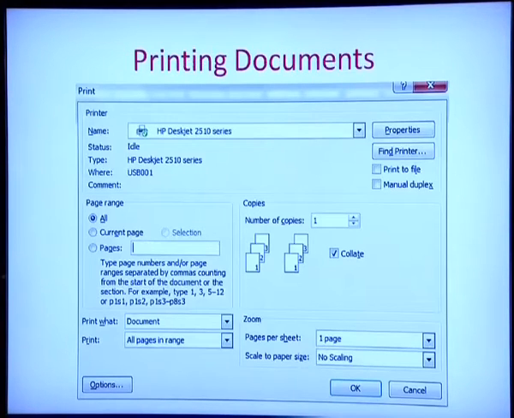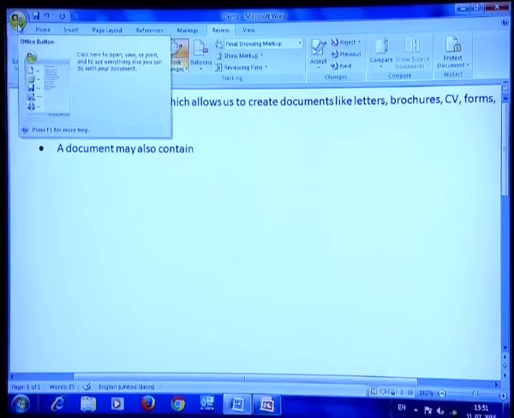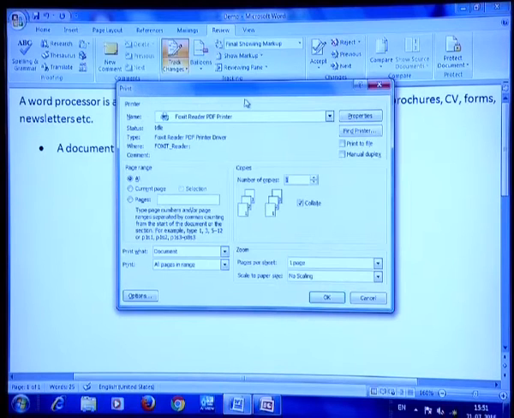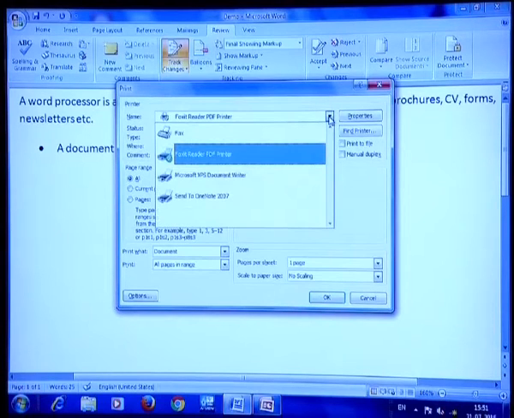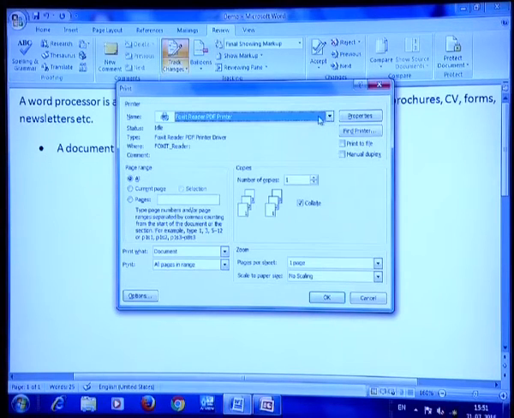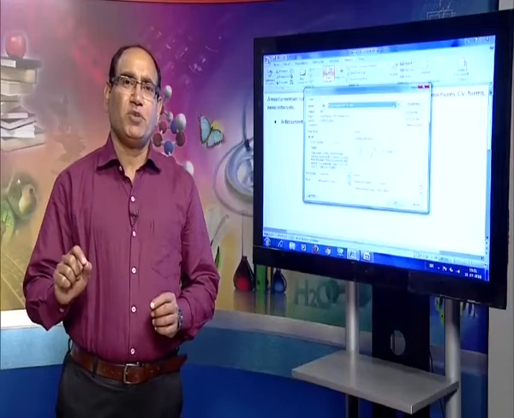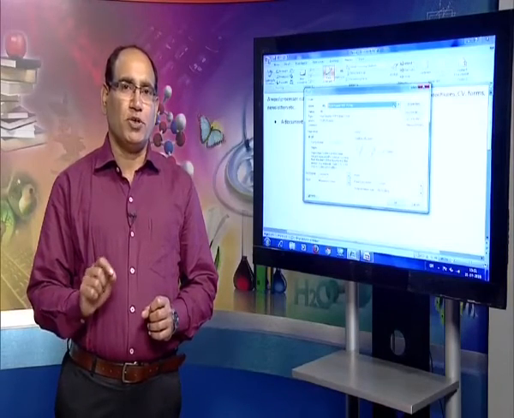Now, let us see how we can print the document. Again we shall see a demo. Suppose I want to print this document, I can go to the Office button and click on Print. It opens a print dialog box. In this print dialog box, I can make the changes. I can select the name of the printer. If my computer has only one printer attached to it, then the same printer is there, otherwise I can select any of those printers which have been attached. Suppose my computer is on a network and that network contains 5 printers, I can select any one printer on which I want my document to be printed.